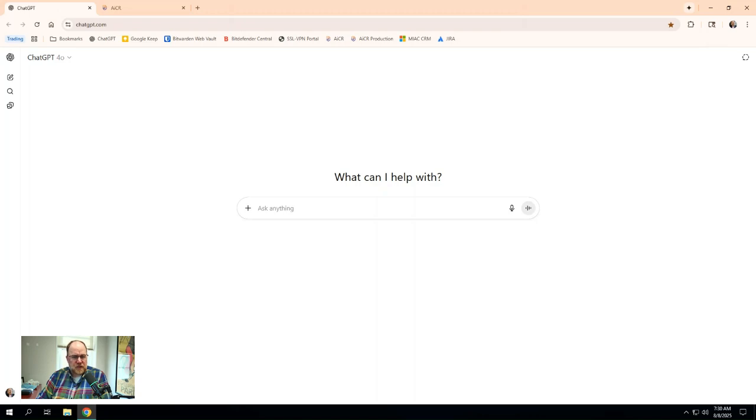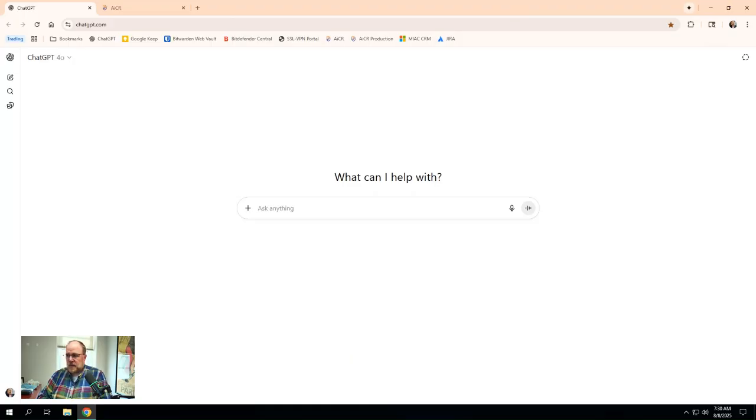I use commercial AI models almost every single day. They do a great job, but they don't do a great job in everything. For example, document extraction does not do a very good job. And let's illustrate why. So I'm going to open up a commercially available AI model and I'm going to compare